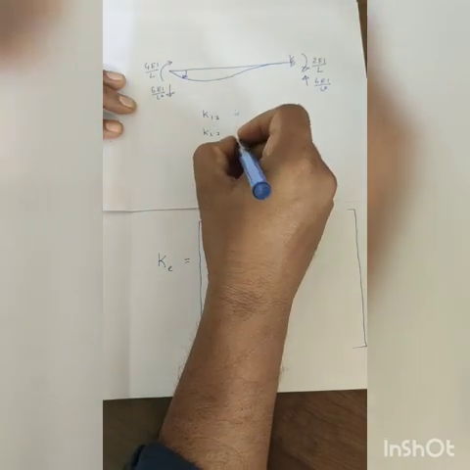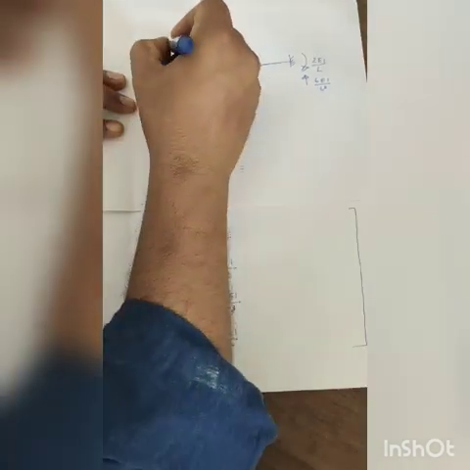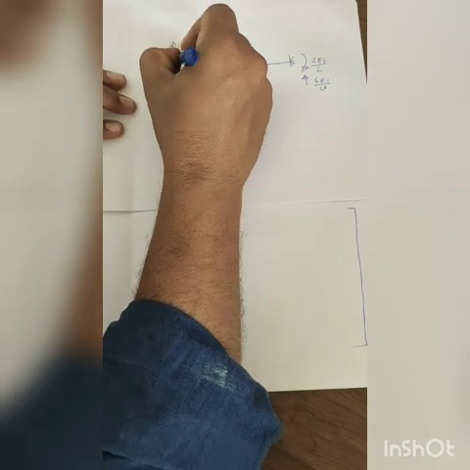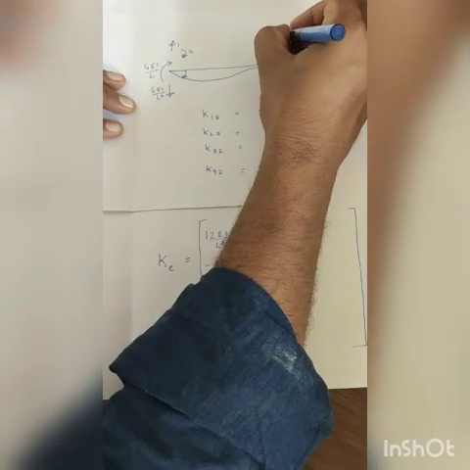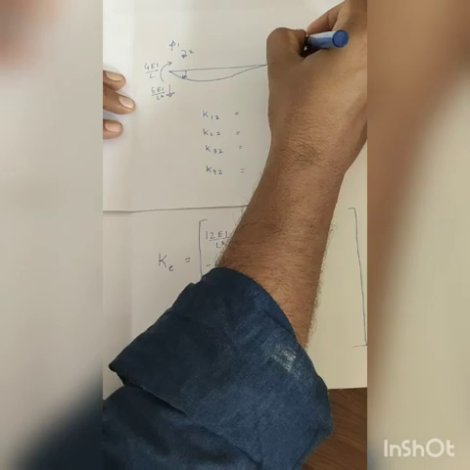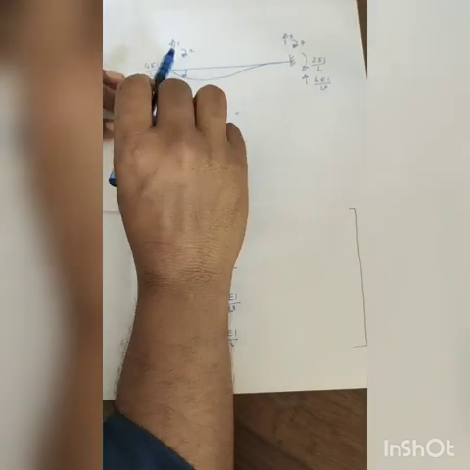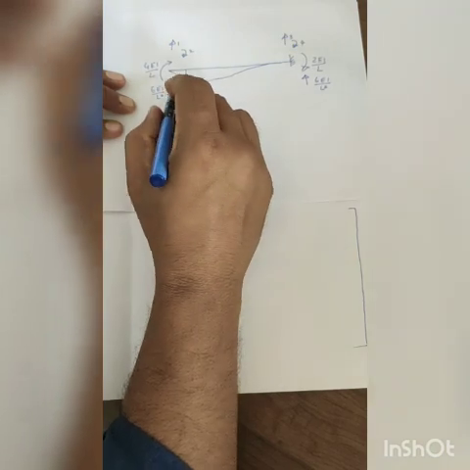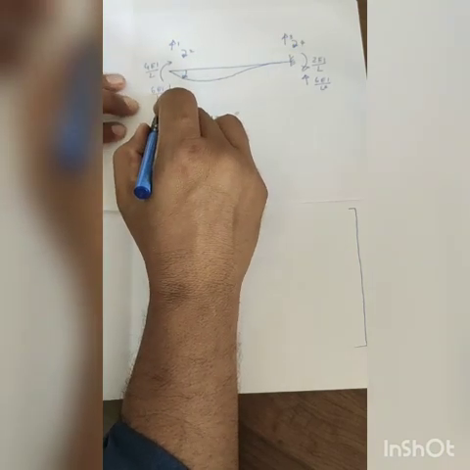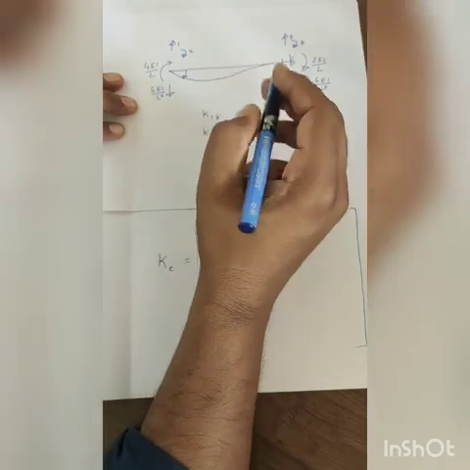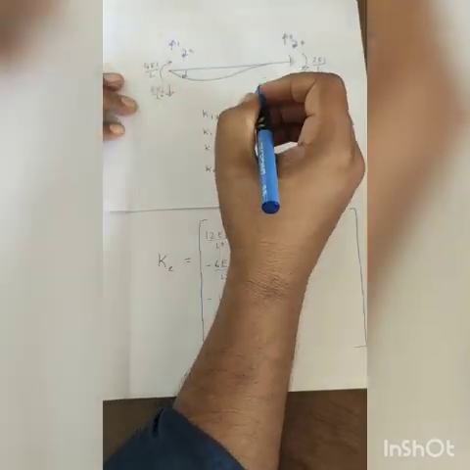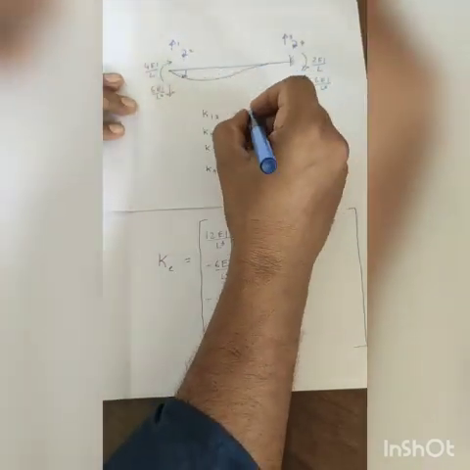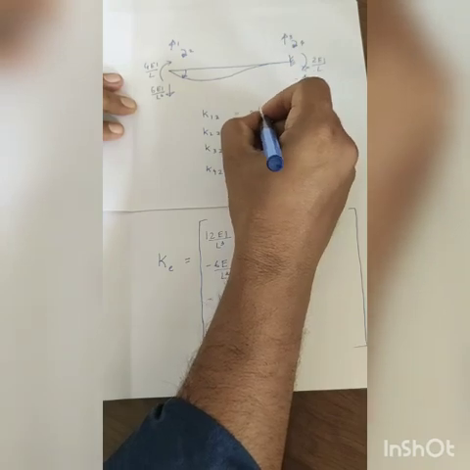So what is K12? You know that this is 1, this is 2, this is 3, and this is 4. So what is K12? K12 is the force in the direction of 1 due to unit rotation at 2. The force coming is 6EI by L square, in the downward direction, against the direction of 1. So it is minus 6EI by L square.